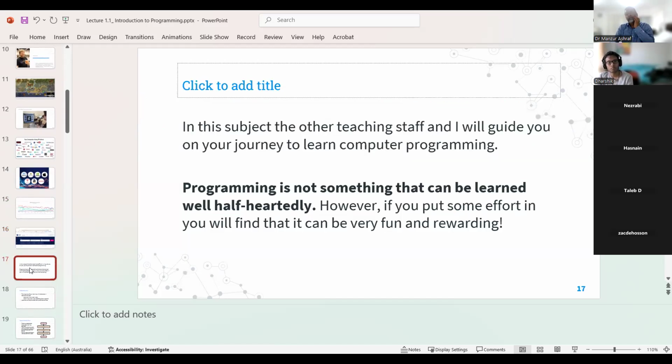In this subject, only me, I'm the teaching staff. So sorry, programming is not something that can be learned well half-heartedly. However, if you put some effort in, you'll find that it can be very fun and rewarding. So we need to give time on programming. For the beginners, if we need to give time, it's similar to, I sometimes give an example that it's